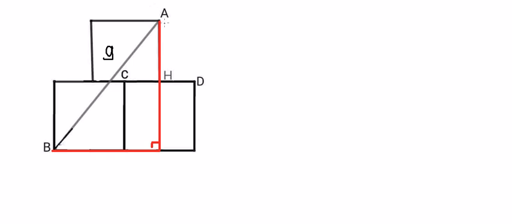So we know that AH is the side of the square, so I label it S. This one is S. H is the midpoint of CD, so this one you get S over 2. So this one should be S over 2. And S,